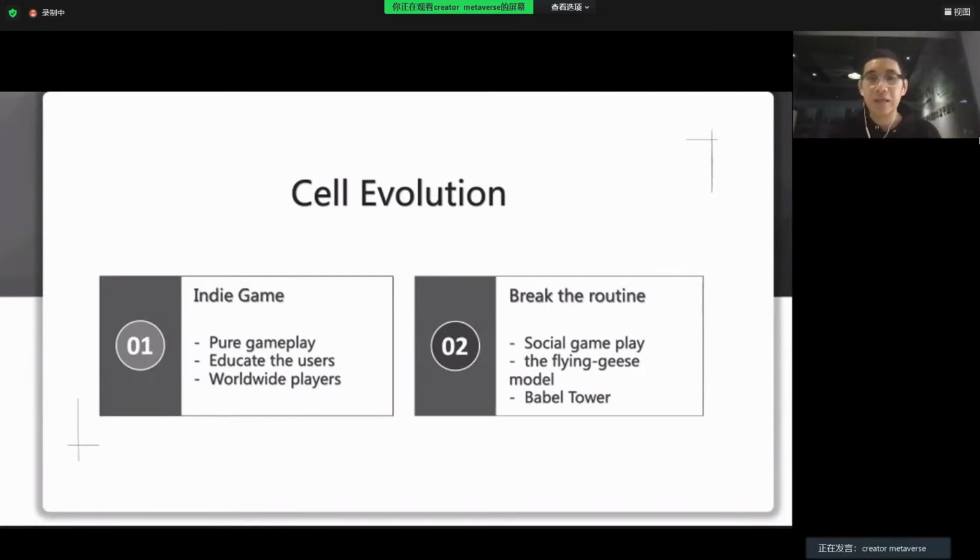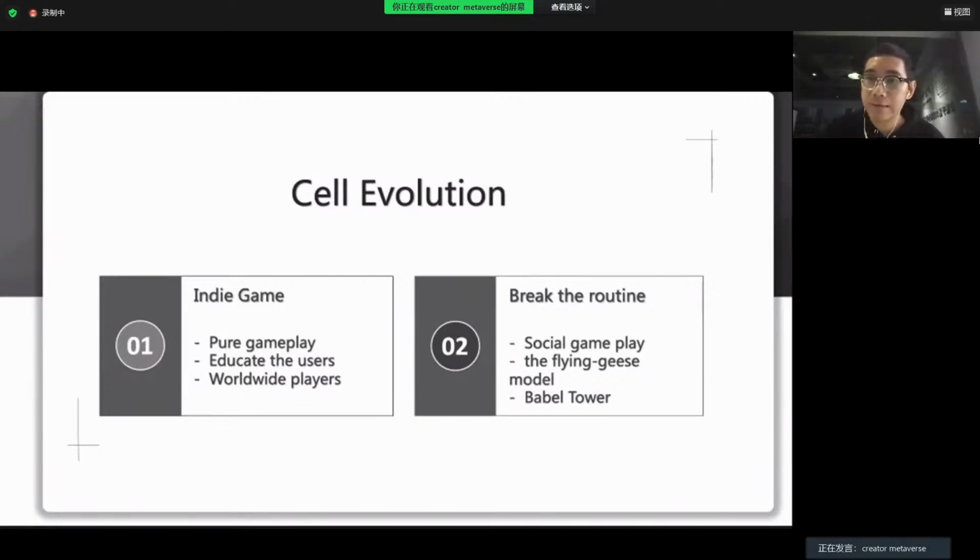And in the end, of course, it is much like the Tower of Babel. I also took some innovations from the Tower of Babel, because in the Tower of Babel, people do not have sufficient conversation with each other. And in this game also, most of the time, you cannot have sufficient conversations with your teammates or your enemies.